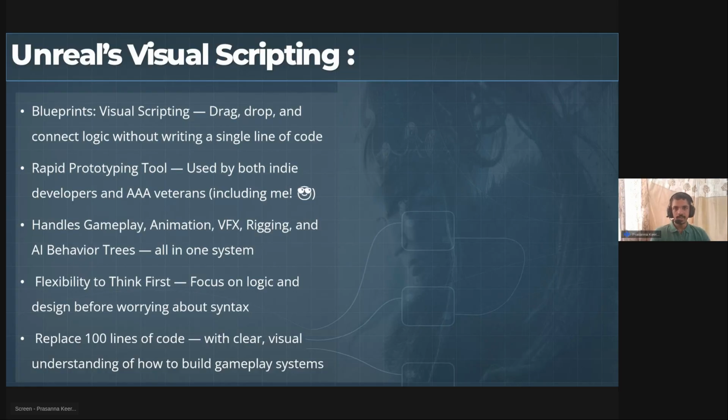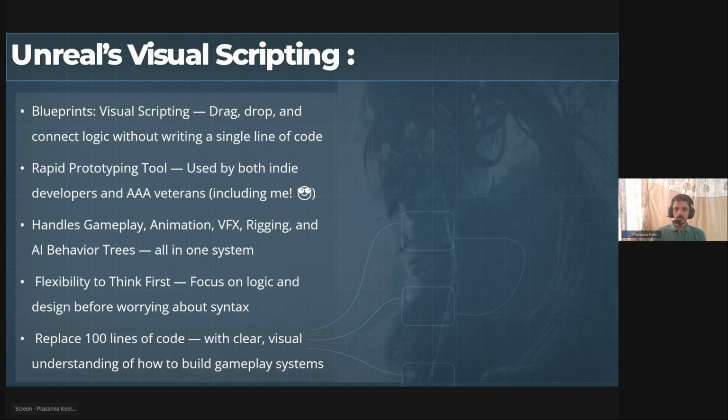Visual scripting system now, almost we can use it in all the fields, whether it can be gameplay or animation. You are able to rig within the engine. Recently, a tool called Control Rig has just changed the entire way of the rigging process. And we have everything for the visual scripting system, like behavior trees and a lot of different stuff. Now, codeless environment is trying to boom. That is the real fact.